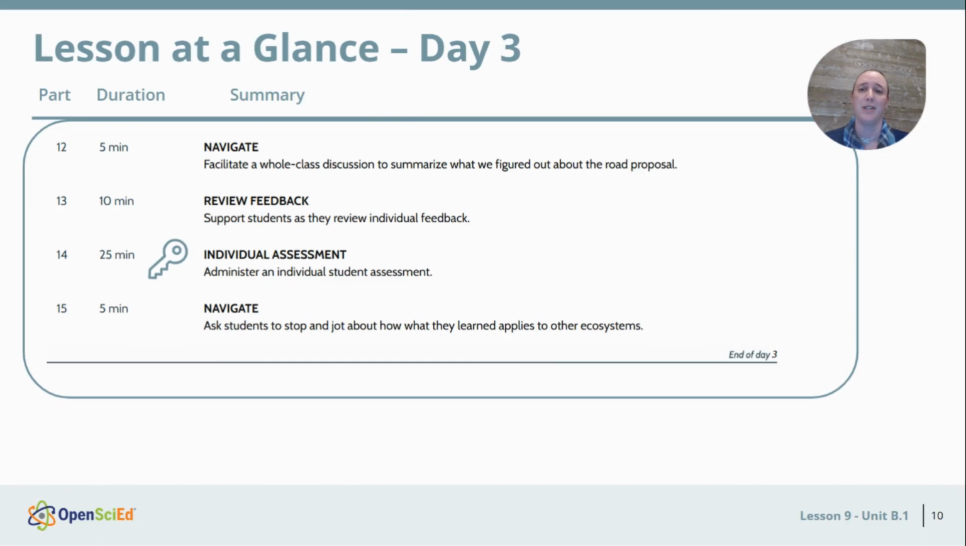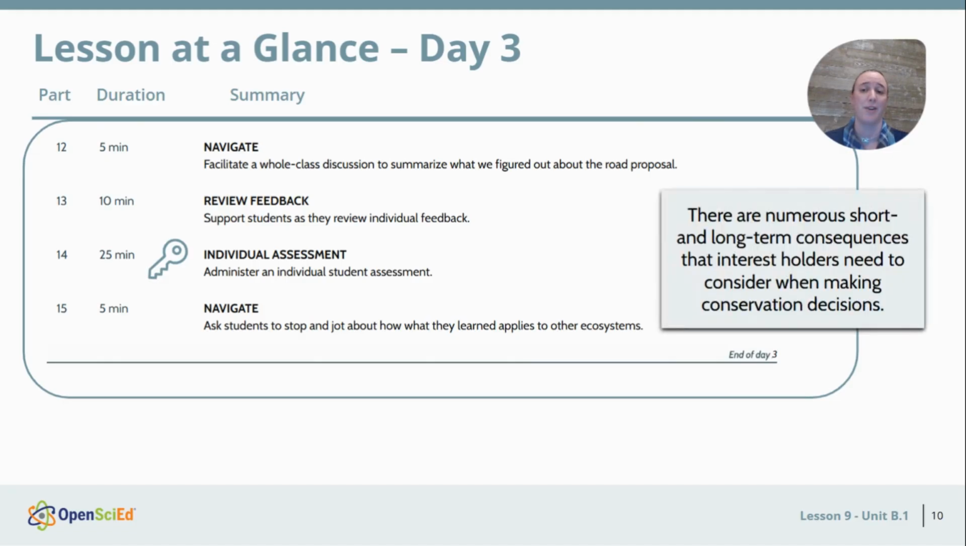They provide evidence to back up their claims and discover that there are numerous short and long-term consequences that interest holders need to consider when making conservation decisions. Upon completion of the individual assessments, students begin to wonder about their original conservation